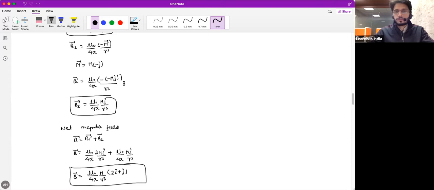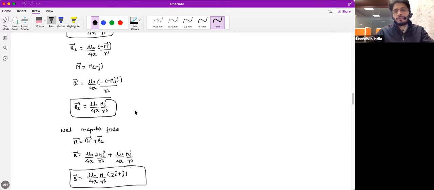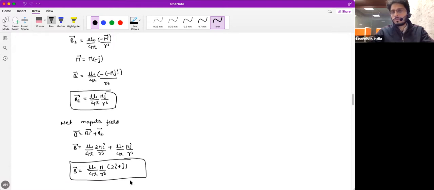Noted down. We won't use the parallelogram law. That's your choice. You can do it either in Cartesian form or use the parallelogram law, root over B1 square plus B2 square. What you do depends upon the options. If your options are in polar form, then you will use the parallelogram law. But if your options are in terms of i cap and j cap, then use this. Is it clear? Yes.